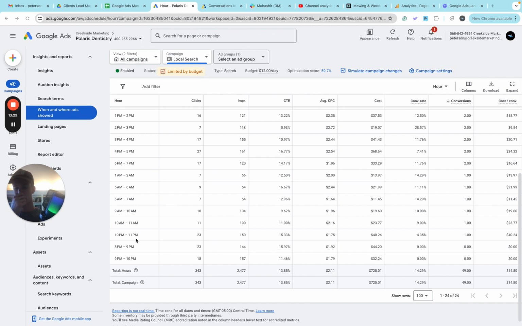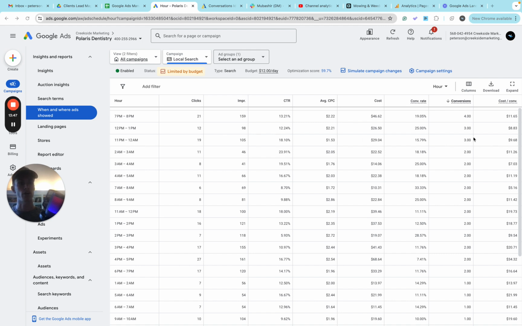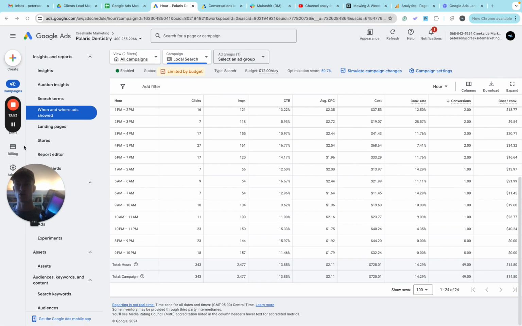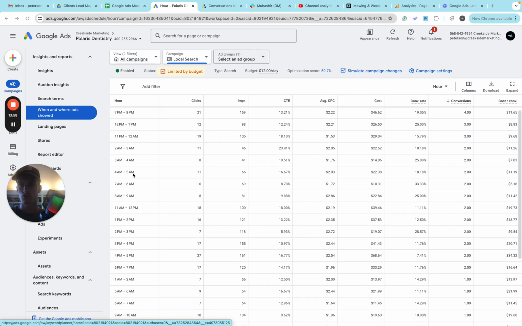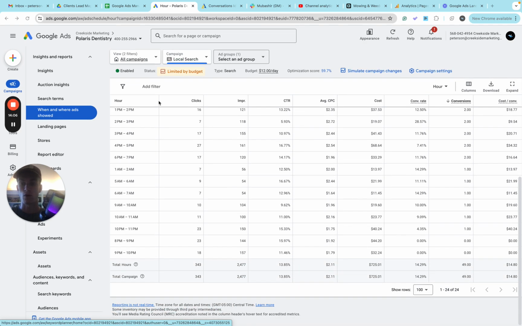We're also going to want to look at the hours right around this chunk, because it's clear that this chunk isn't performing well, so it's possible that a few others around it are not performing well either. So we're going to look for the 11 p.m. to 12 a.m. spot, which shows up right here, and it's pretty odd that the performance is that much better just 1 hour after this little chunk. And then we're going to look for the 7 p.m. to 8 p.m. Scrolling all the way up, we can see this one also has pretty decent performance in terms of conversion rate, conversions, and cost per conversion. So really, we don't want to block those hours off either. So we're going to start with